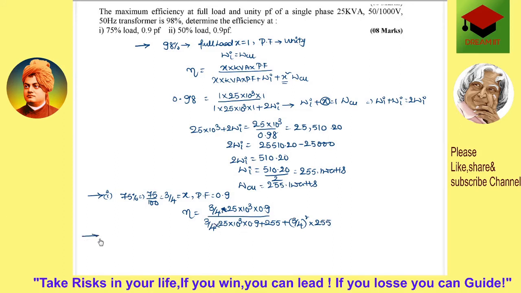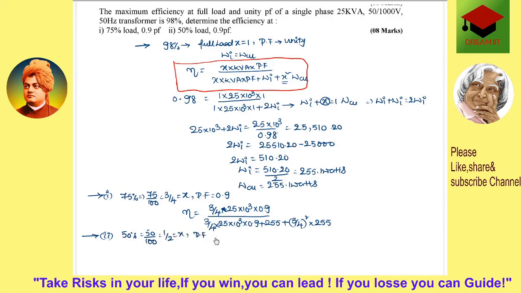And see the second question, I have used the same formula, what I have used here also, I just substitute it downwards also, the same formula only. So let us see the second, it is given 50 percentage. 50 percentage means we can write as 50 by 100, that is 1 by 2. So x value is 1 by 2.